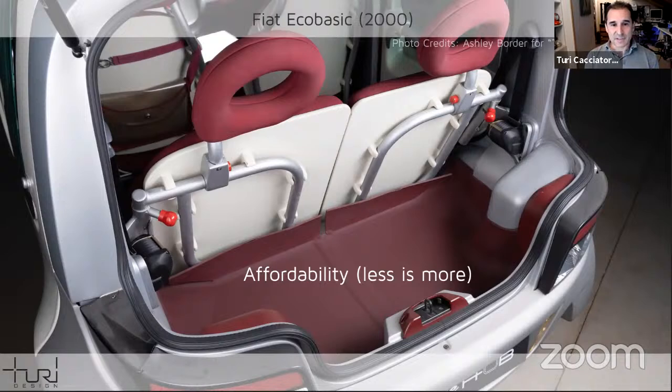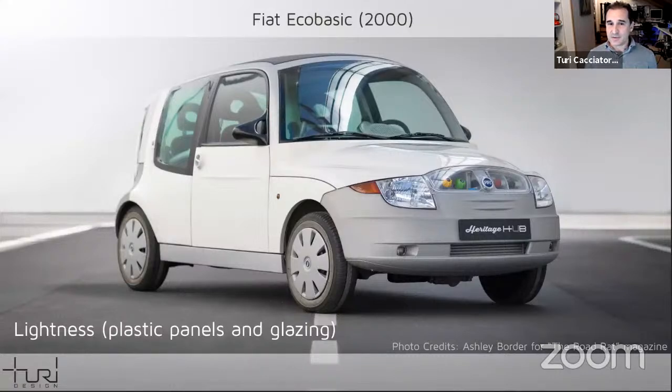And for example, here you see the rear end of the car, and it's very, very simple. The rear seat could open like saloon doors and leave the space to whatever package you wanted to put in the car. So this was a way to keep things very simple but provide more in terms of experience. Lightness was another very important value behind the project. All the plastic, all the panels, all the doors, all the whatever you see in white and gray here was made in plastic. Of course, a recyclable plastic, so it was in the direction of sustainability,